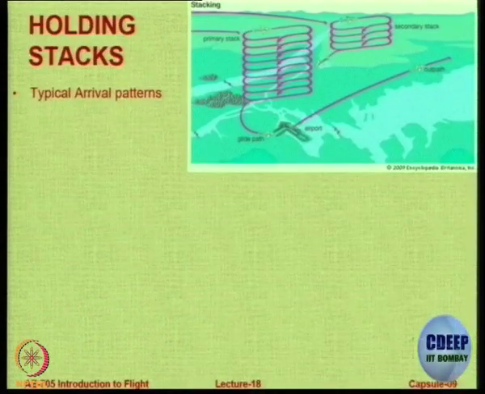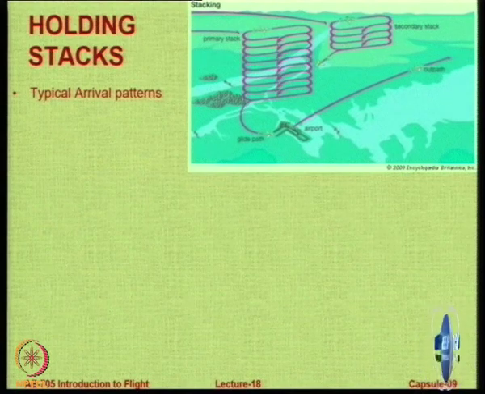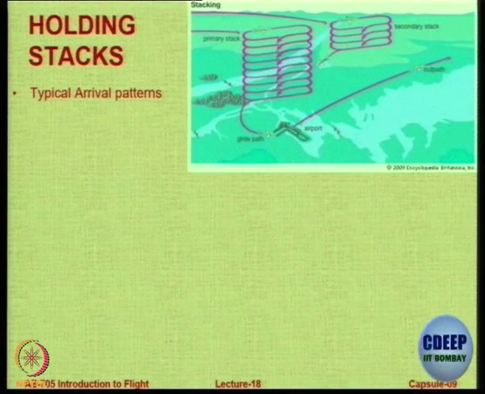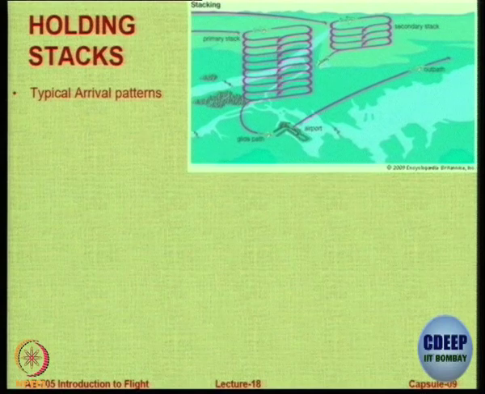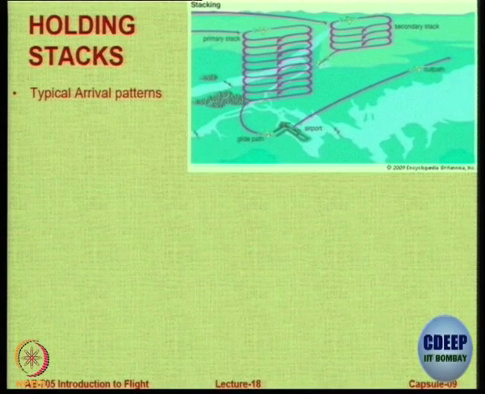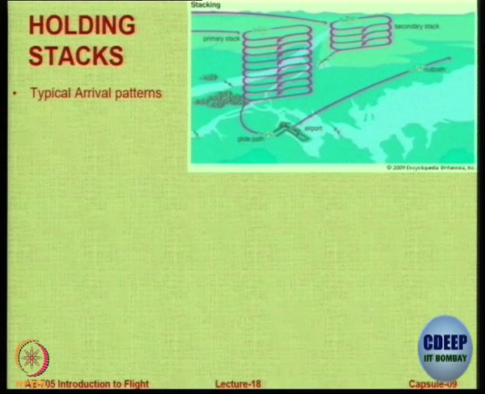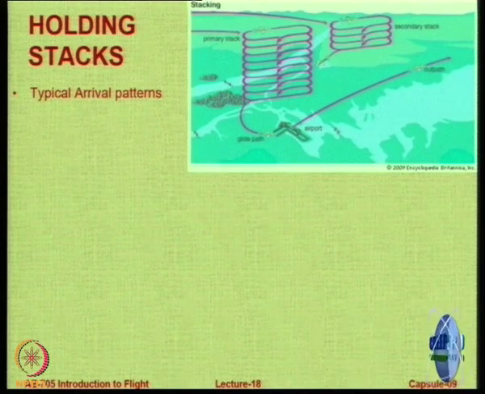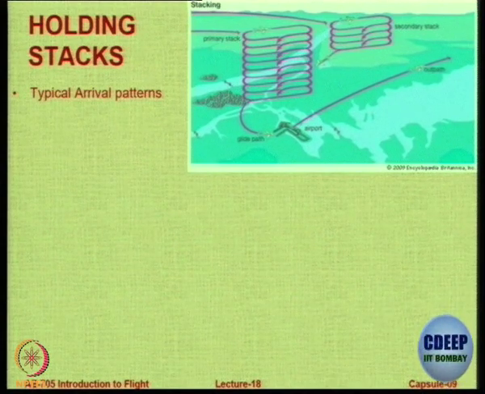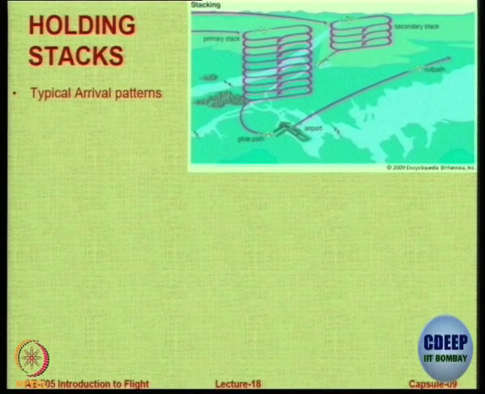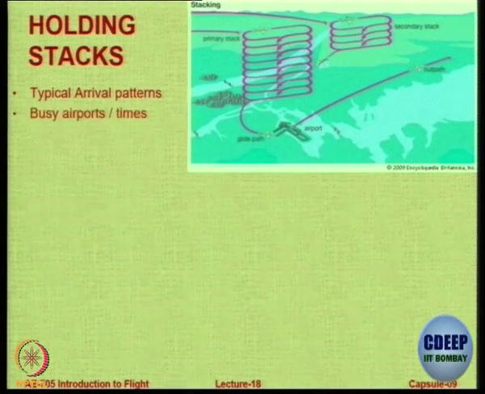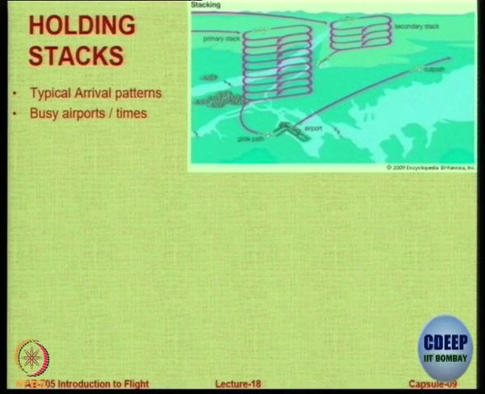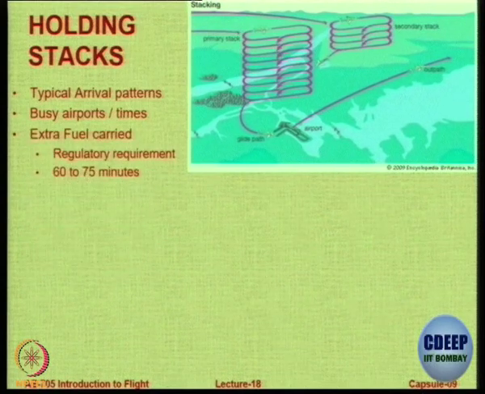Now let us say we are coming in to land, but the runway is not available. Many reasons are possible, mostly because of weather, because of some problem at the runway. So the pilot is made to fly on what is called a holding stack. These are oval paths above the airport or near the airport at which you have to maintain a particular height and a particular speed. Because there could be many people in one stack over the other. So these are typically used in the arrival, okay, at busy airports and at busy times at any airport.